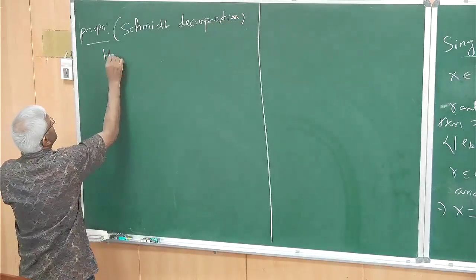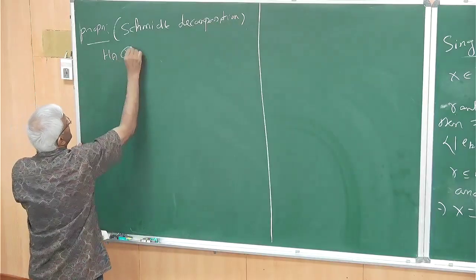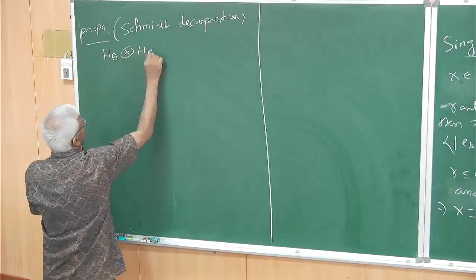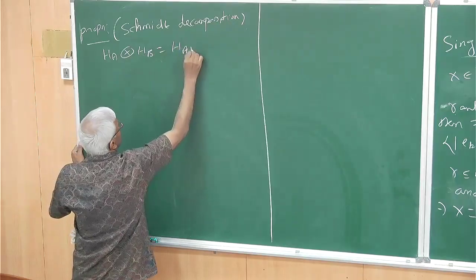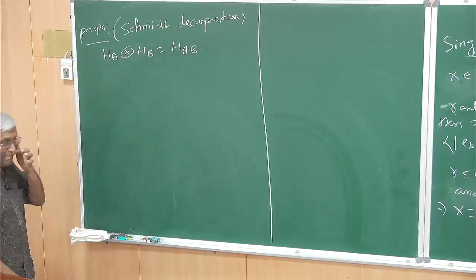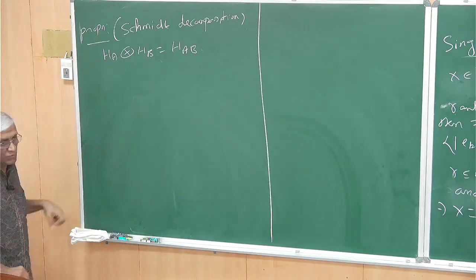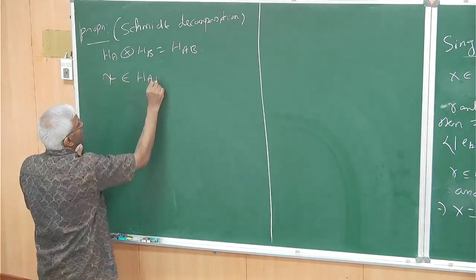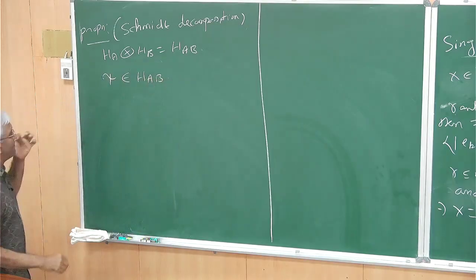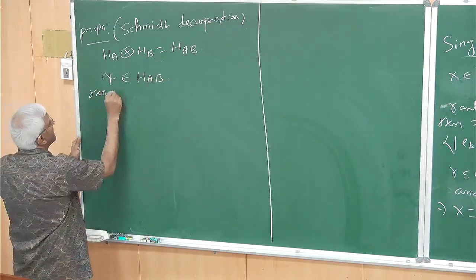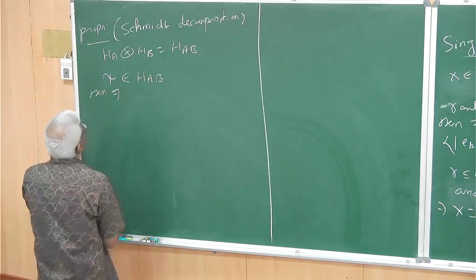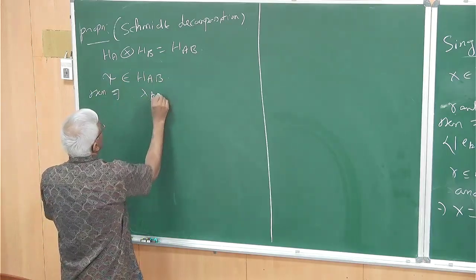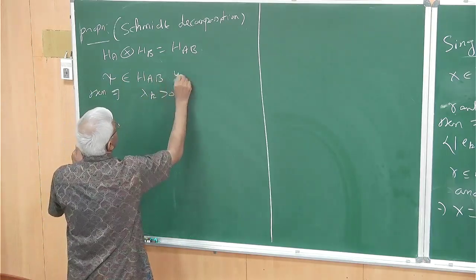If you have two vector spaces HA and HB, then you take HA tensor HB, call it HAB. We have two Hilbert spaces. Then we have a vector chi in this HAB. Then there exist lambda k positive with,